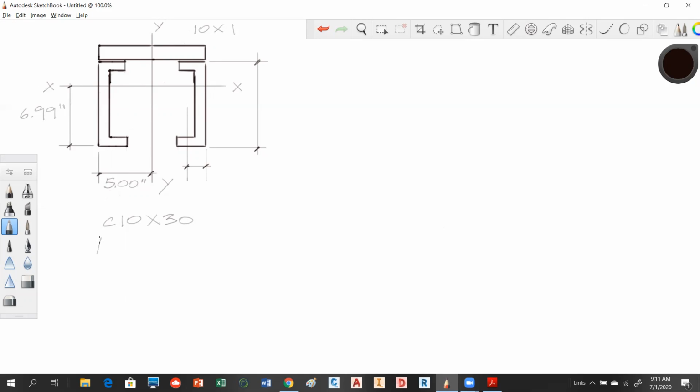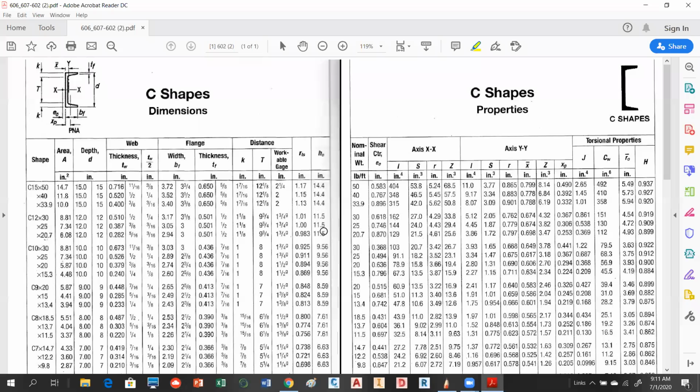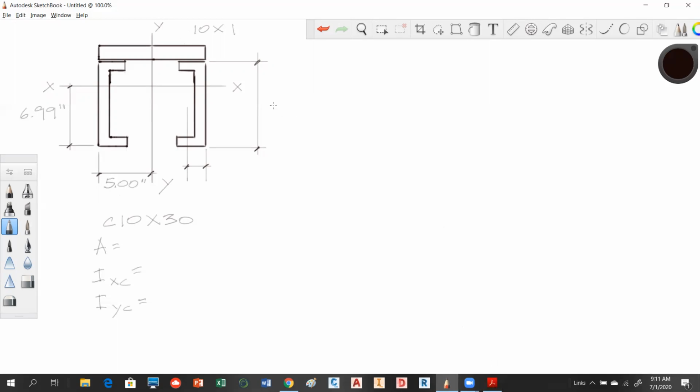So we're going to need the area of this shape, the IXC of this shape, the IYC of this shape, and then we'll need this distance and that. So if we go to the chart, we are looking at a C 10 by 30. There's our area and there's our depth. So let's go ahead and we'll put those in. We've got area and depth. The depth is 10 inches. Area was